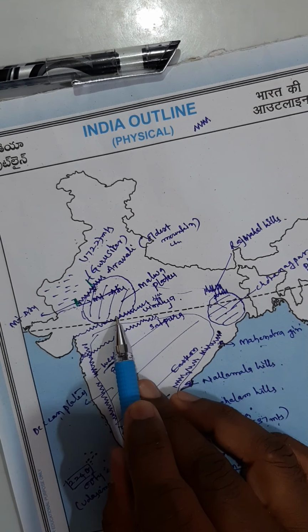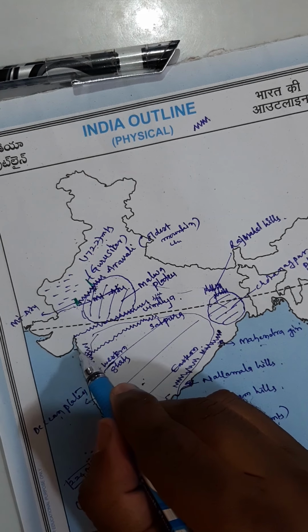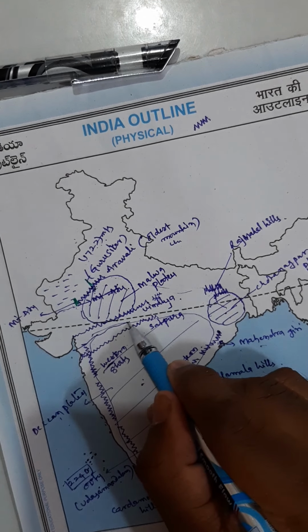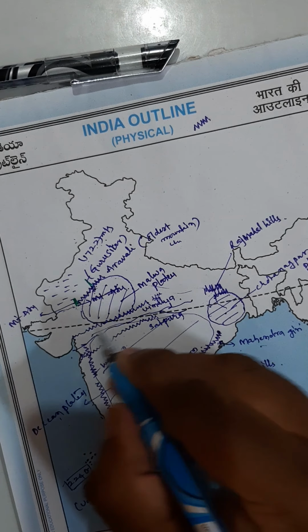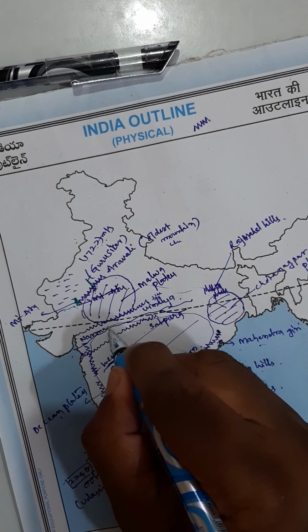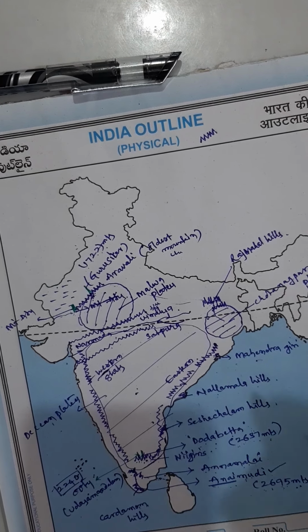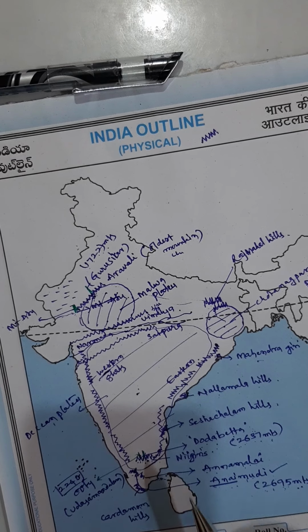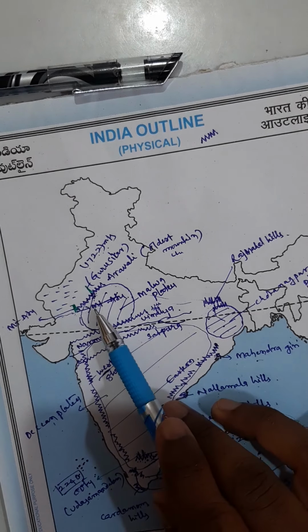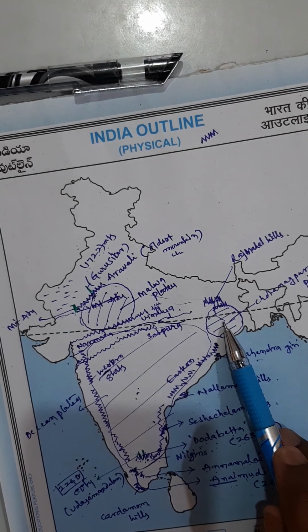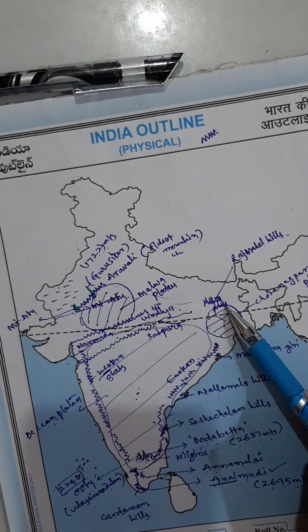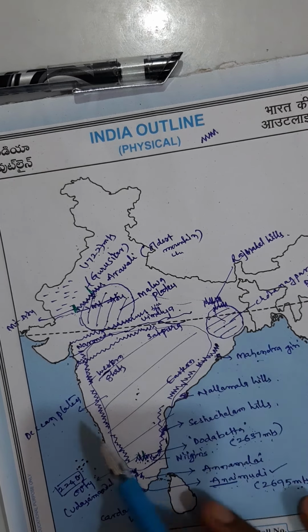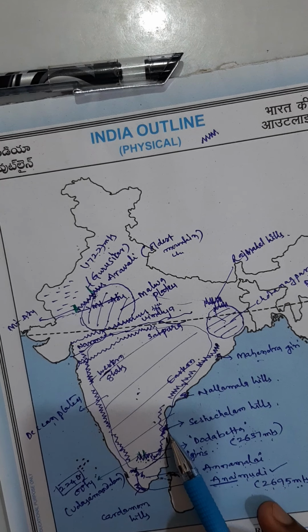And only one thing is left to discuss. In between Vindhya and Satpura, you have one river. Later we are going to discuss it, when we do river map pointing, there we are going to discuss this important river. This is Narmada. So what you come to know by this map pointing is that the Indian plateau is divided into three: Deccan Plateau, Malwa Plateau, Chota Nagpur Plateau. So the entire plateau is covered. Aravalli is in the north, Rajmahal Hills in the east, Western Ghats, and east, that is Eastern Ghats.